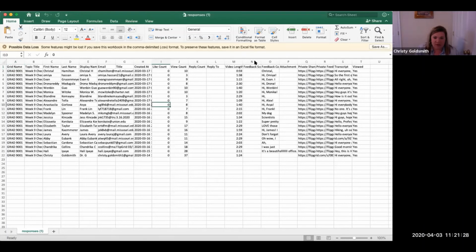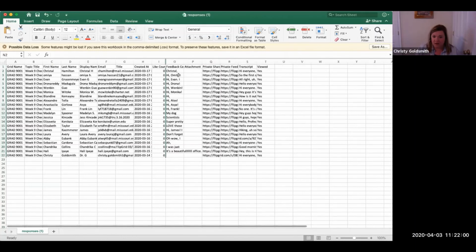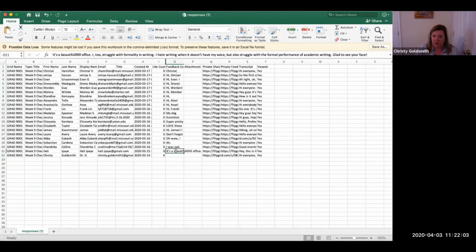And the cool thing here is this is the feedback score. So remember how I showed you that you can enter a rubric, either the rubric that FlipGrid created or create your own. This score will actually be the grade that students earned, and you can upload this directly to Canvas. So FlipGrid is, as of now, not integrated with Canvas. We're looking into these options, but the feedback score right here would be very easy to upload in Canvas because you can sort by last name, etc. The other cool thing is that you can see all of my comments here. So these are my long form comments. I could send those via Canvas or something if I wanted to as well, and not deal with having to log in and out of the FlipGrid platform.